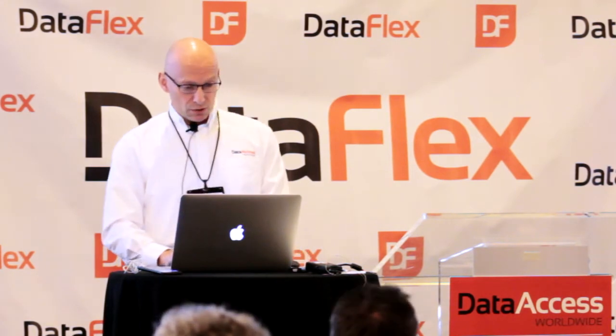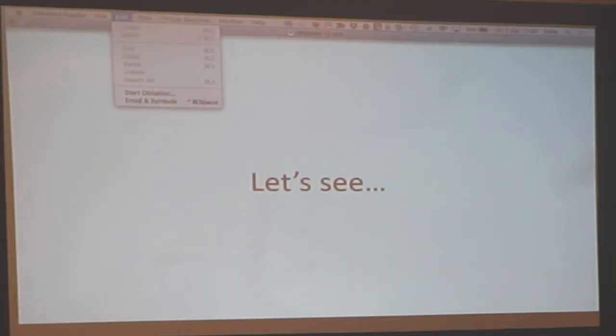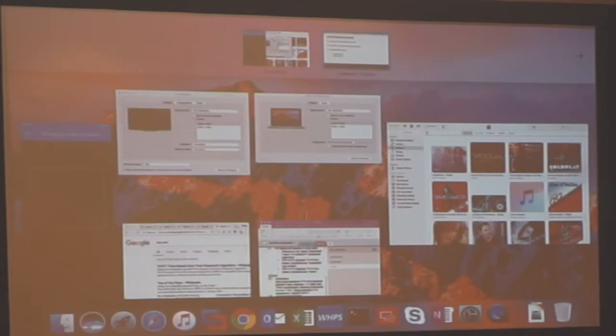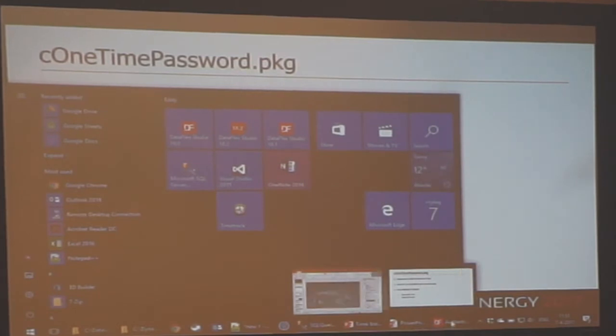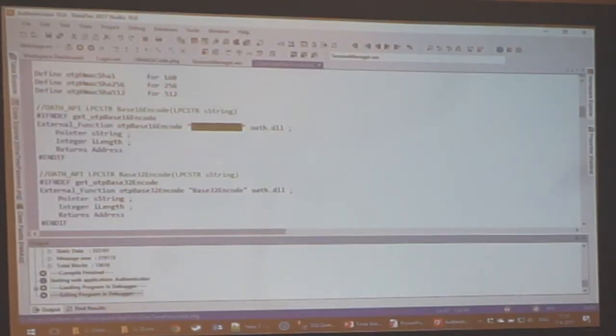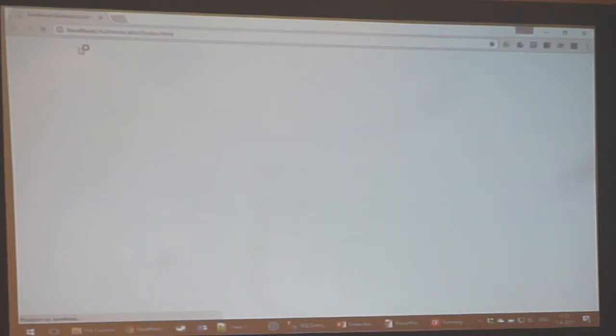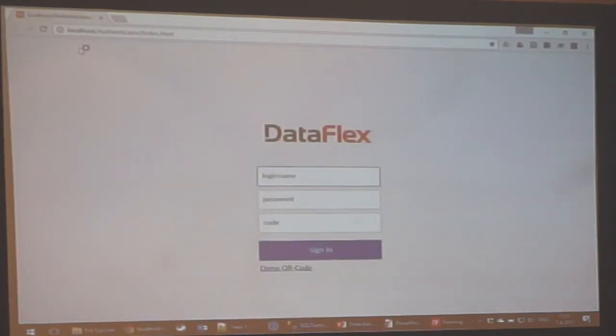So what does that look like? Let's see. This is the app. I'm running it. This is using normal DataFlex standard style, but it has an extra code here. It says login name, password, and it has the code there where you can enter the code. So login would be guest, guest,